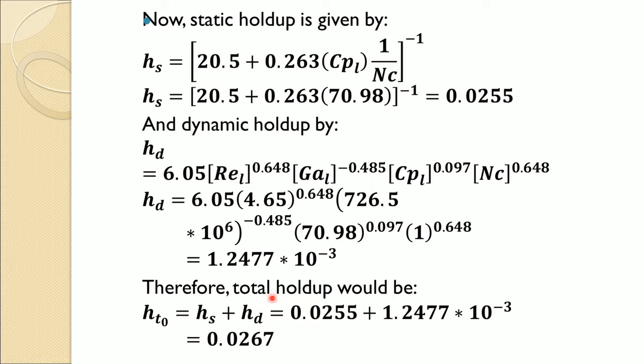So, therefore, the total hold up would be the addition of static hold up, which is 0.0255, and the dynamic hold up, 0.00124. That gives you 0.0267 meter cube per meter cube. So, this is your total hold up